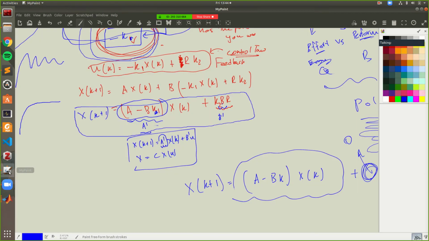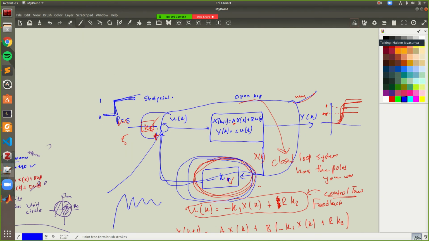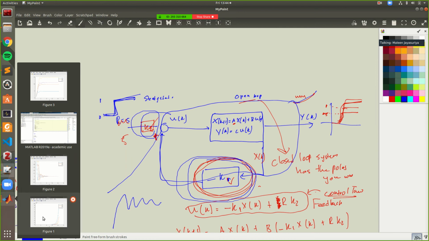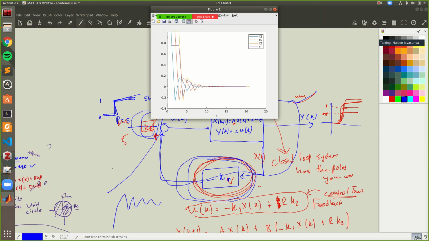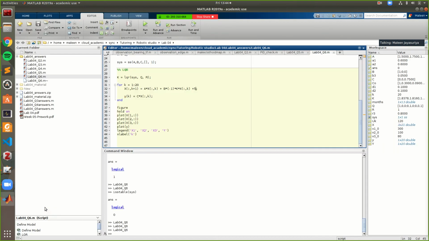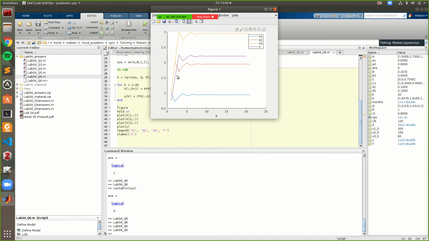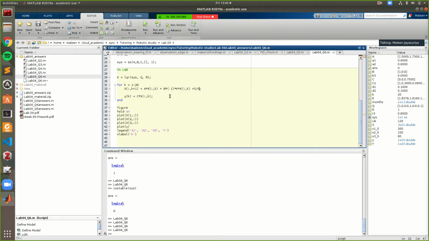What was this? This K2 value. So for example, you can see here that if I give an input of 5, my output is around 10, right? So what should be my gain matrix? My gain matrix should divide. So if I want an output of 5, I'll have to divide the whole system by 5. So now I'm getting an output of 2. Okay, sorry. So this is not exactly a step input.